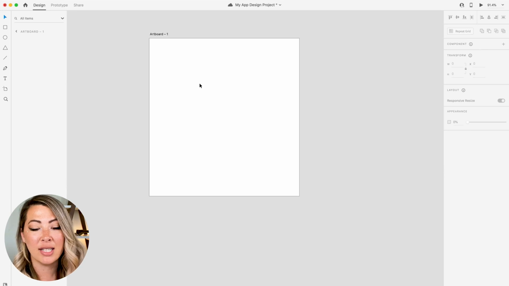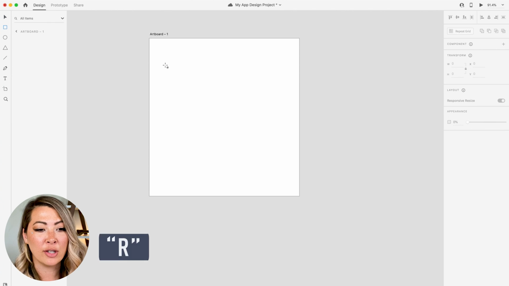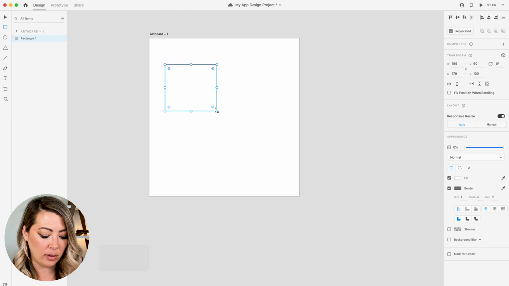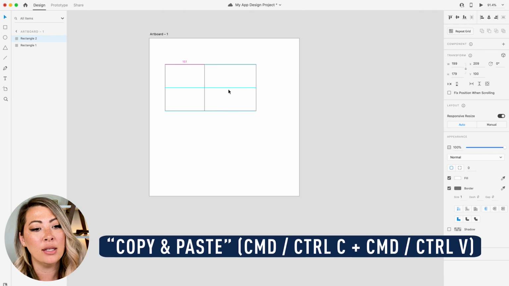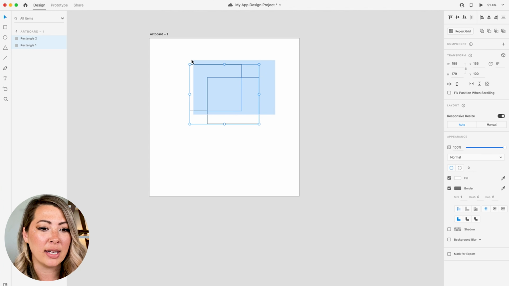Now, the first thing you need to do is have a few shapes in order to enable that function. So first, let's get a couple shapes on the board. I am going to use R, the shortcut, and create a rectangle. And I am just going to take that, select it, and copy and paste another one here. So we have 2. So you need to actually have a couple of shapes in order to enable the functionality. So here I have 2 rectangles.